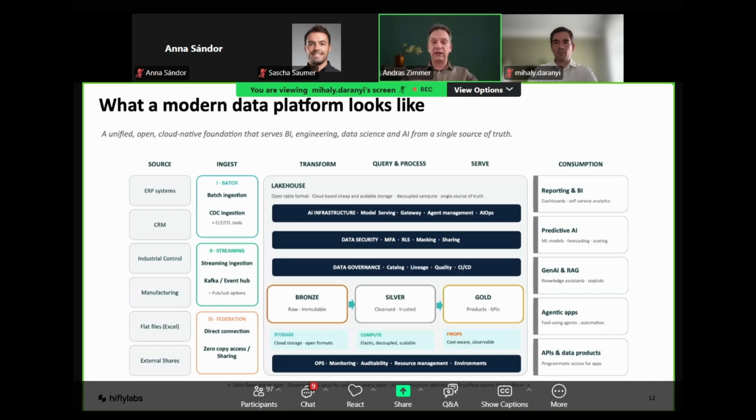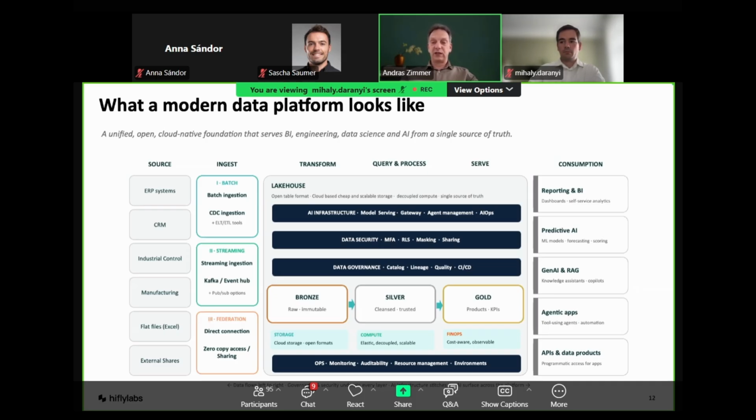And AI infrastructure has to be built into the platform. AI is so important at this point, and it's getting so widespread that it has to be an integral part of the lakehouse. And whereas the consumption layer used to be reporting and BI, as Mishi mentioned, and later we had APIs